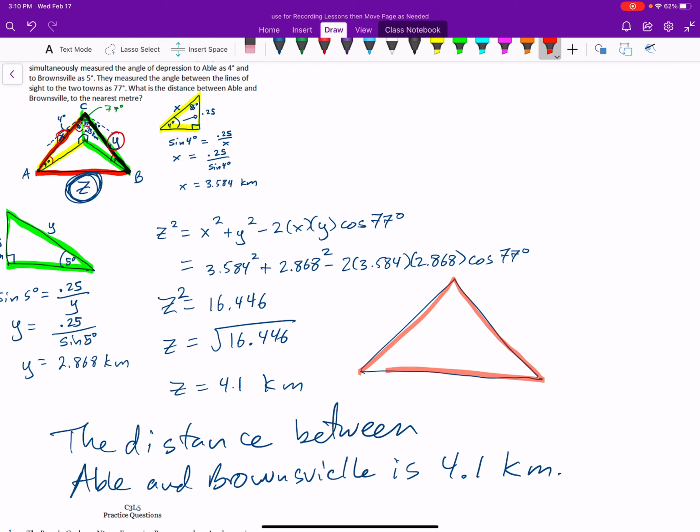Because what I knew from that red one was I knew what x was, which was 3.584, and I knew what y was, which was 2.868. And I knew that this angle here between them was 77, and I wanted to find this one. I just didn't draw my sketch at first, which I should do. So always draw a good sketch. Take your time and be sure